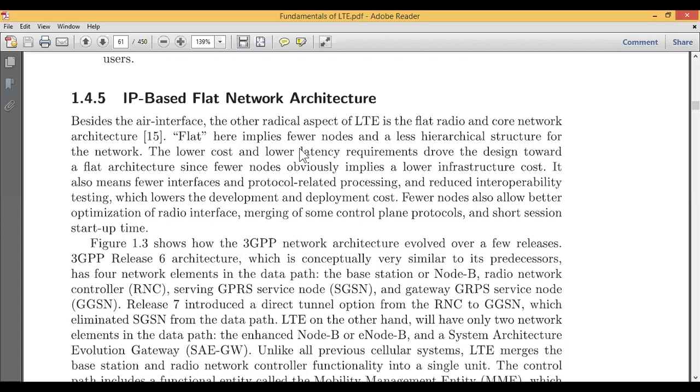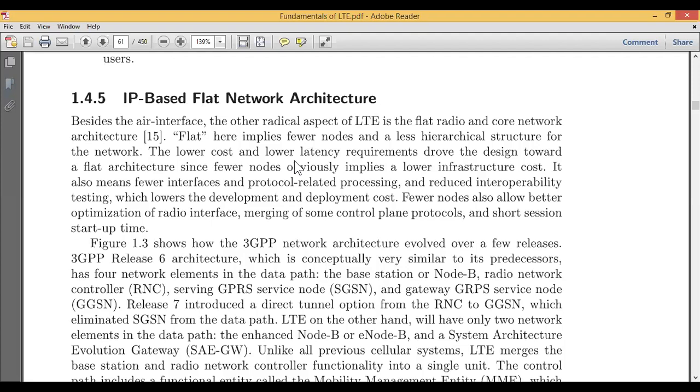Architecture is nothing but how the LTE system is developed, how it is framed, how it has been designed. But it is IP, because there are other architectures which are also related to LTE, called the packet evolved. Then we have a core network architecture, which is a bit different here. Now let us focus more on the IP based flat network architecture.